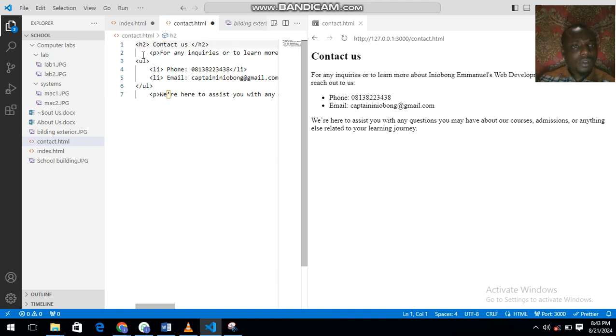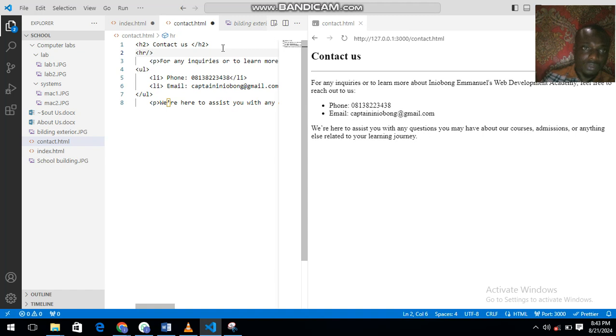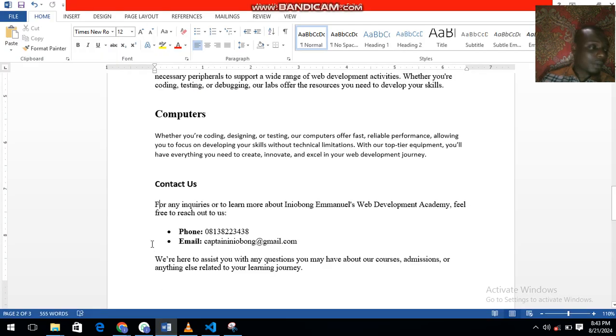So from here we requested the use of a paragraph tag after the h1, and let there be an HR on this side. I'm sure you are following me. So that is just the code for you. Here we decided to include an unordered list. An unordered list is what presents your list items in bullets. All of these are called list items. This one is a list item. These are the list items. That is what we presented inside, then you close your list. So after you have a paragraph, what happens again?